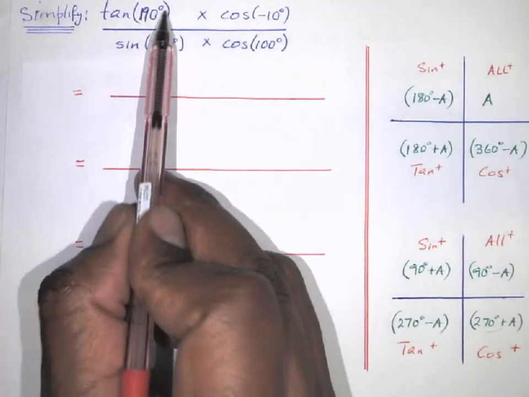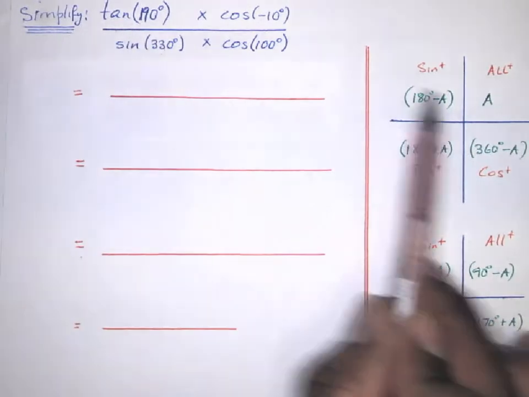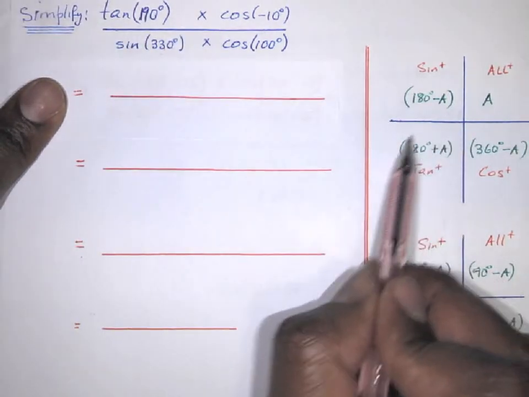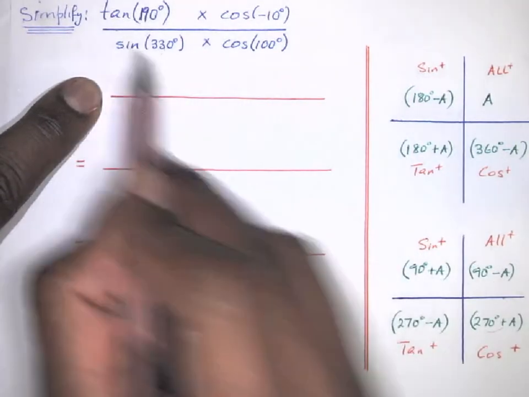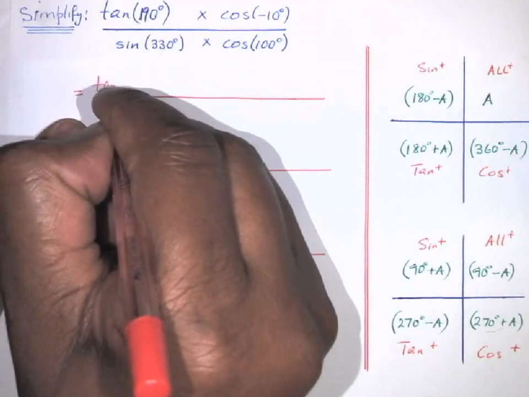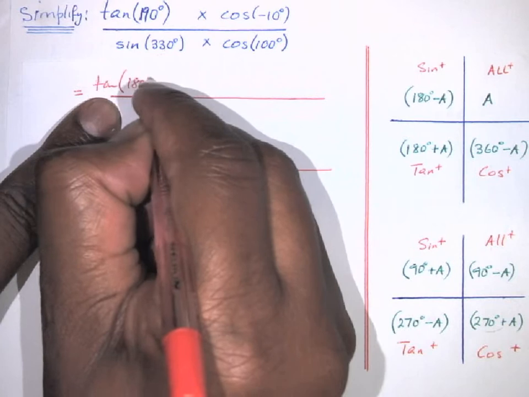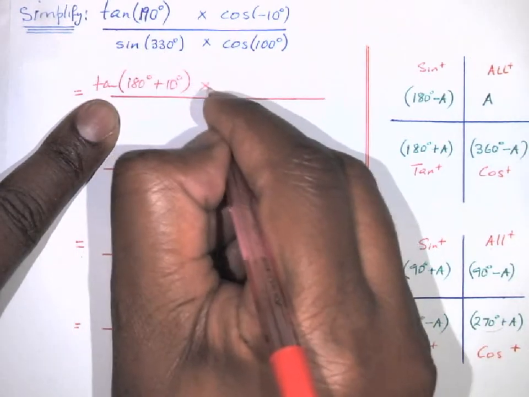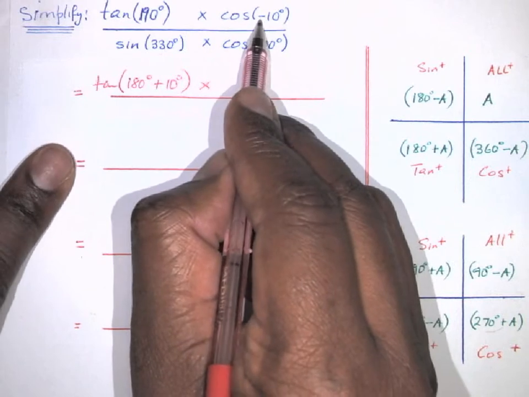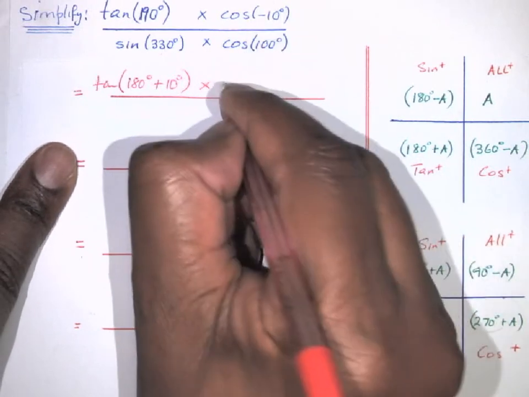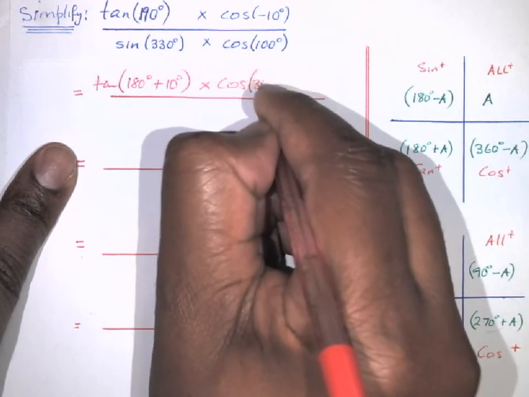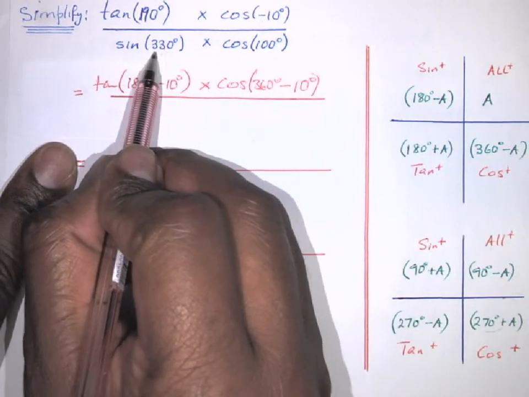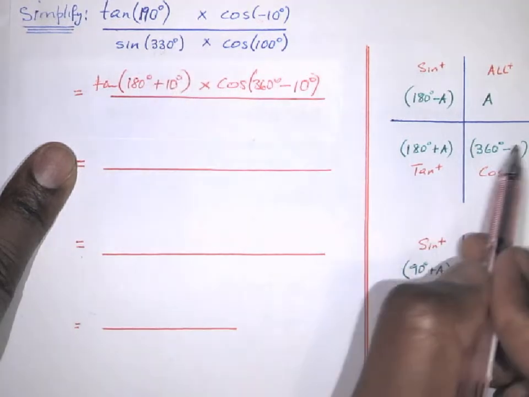What about this one? Now these are not written like this, so I've got to write them like that. This one here is tan 190. 190 is in this quadrant, so I will write it as tan of 180 degrees plus 10 degrees, because when I add this I'll get that, multiplied by, now we said when the angle is negative put 360 degrees, so this is cos of 360 degrees minus 10 degrees, then this is 380 degrees, which is in that quadrant, so